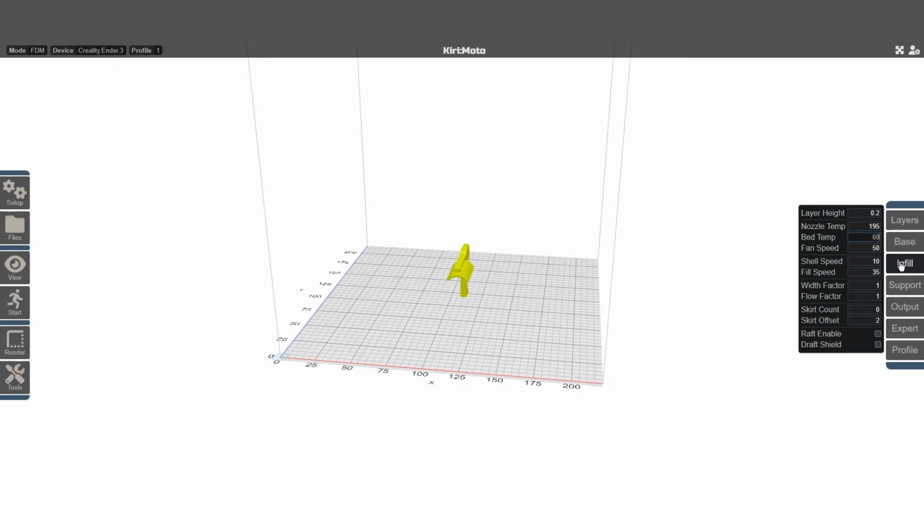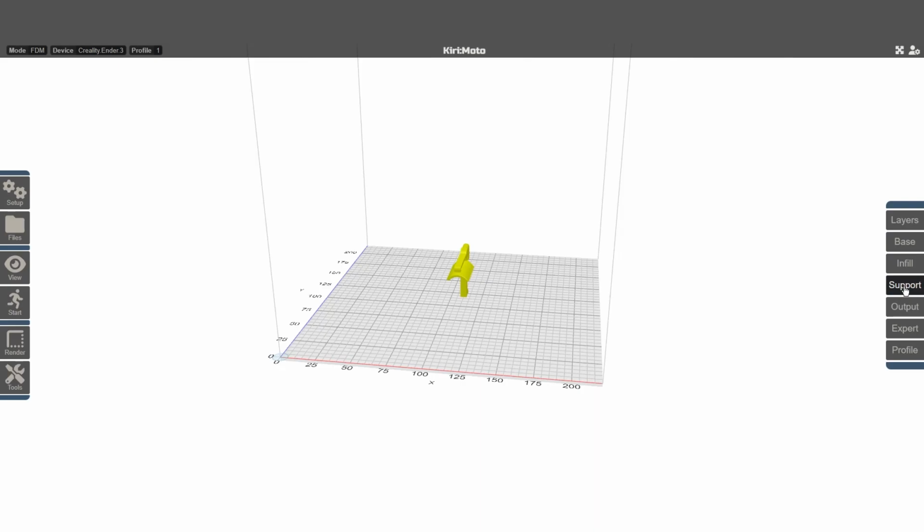Going on, we find Infill, which is essentially the filling of the object we will print. We can modify which infill the printer will use, but also its density. Density is adjusted with a number ranging from 0 to 1, where 0 is 0 density and 1 is 100%, so 0.5 represents 50%.